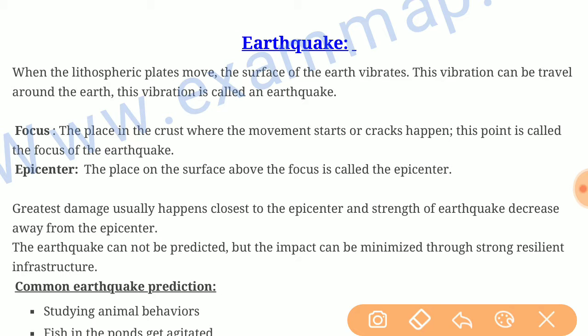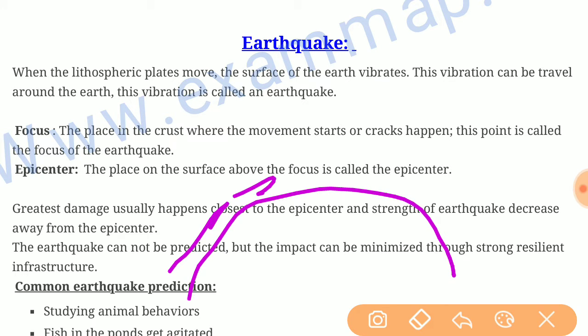What is an earthquake? When the lithospheric plates move, the surface of earth vibrates. These vibrations travel around the earth and this vibration is called an earthquake.